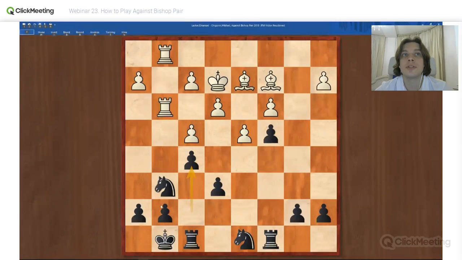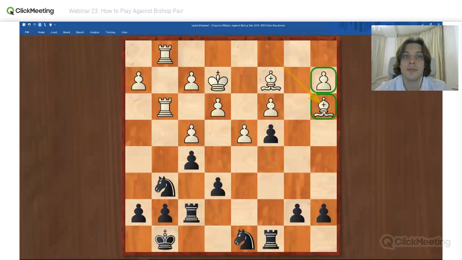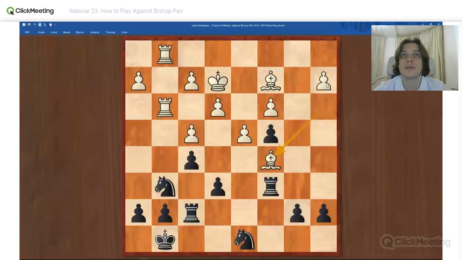However, he doubled the rooks on the g file, and we should make a defensive move. Rook f7. Yes, it's white to move. He plays bishop c1 and then rook f7. Right. Bishop a3 to activate the bishop. Rook c6. I hope you understand the idea of this move. So rook a6, and we want to gain a pawn on a2. That's why bishop c5. The pawn on a7 is hanging.